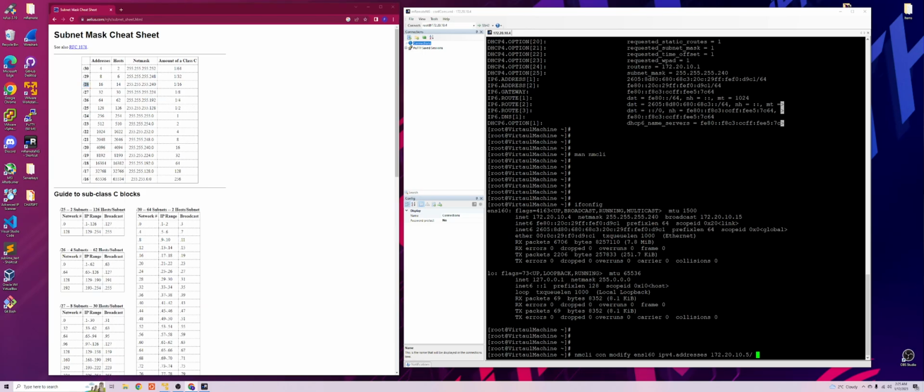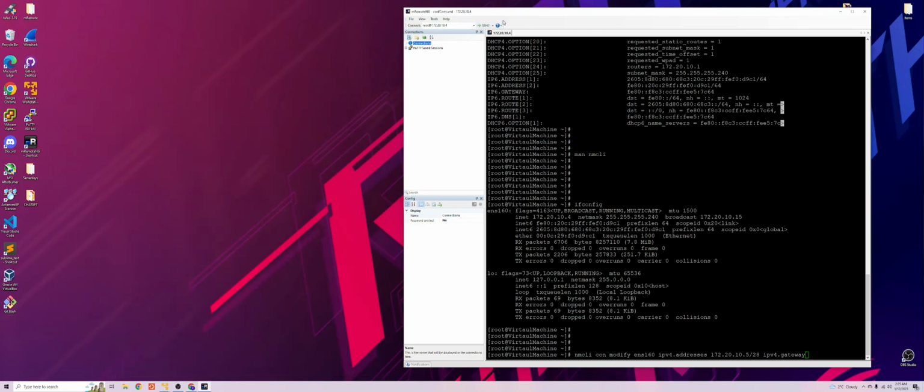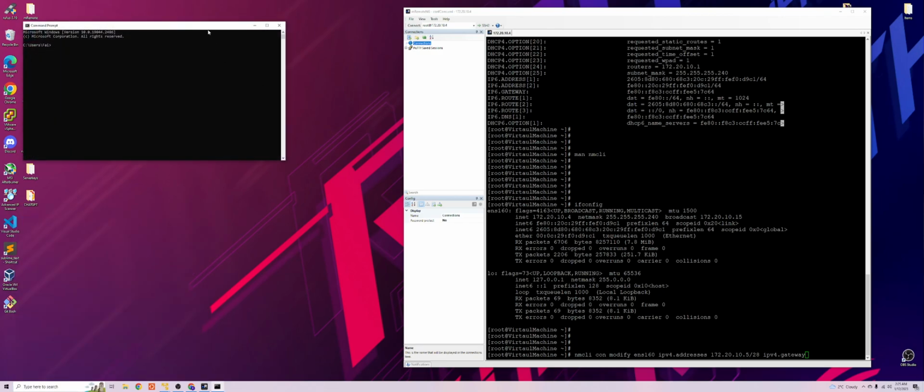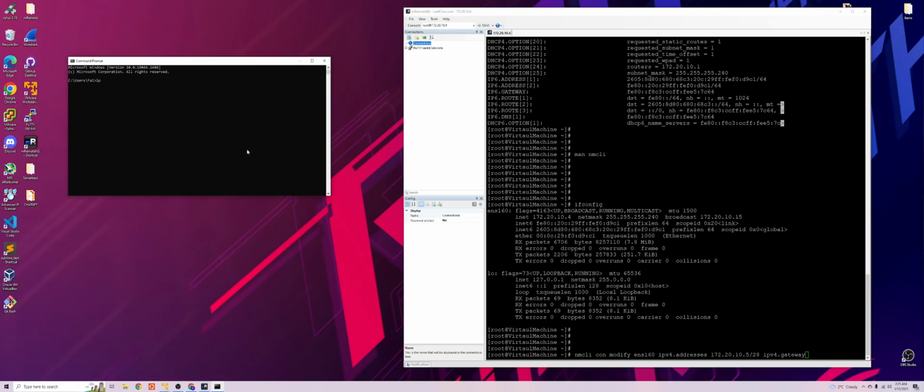All right, so we're going to put in /28, and then we're going to put in the default gateway, ipv4.gateway. And now to confirm our gateway, since I'm on Windows, I'm going to open up command line, cmd, and I'm simply going to put in ipconfig instead of ifconfig. Windows is a little bit different on the commands, but essentially the same terminology. Anyways, let's press enter,